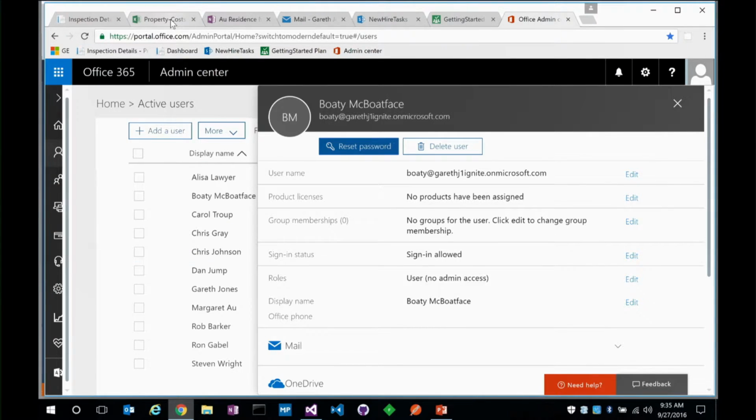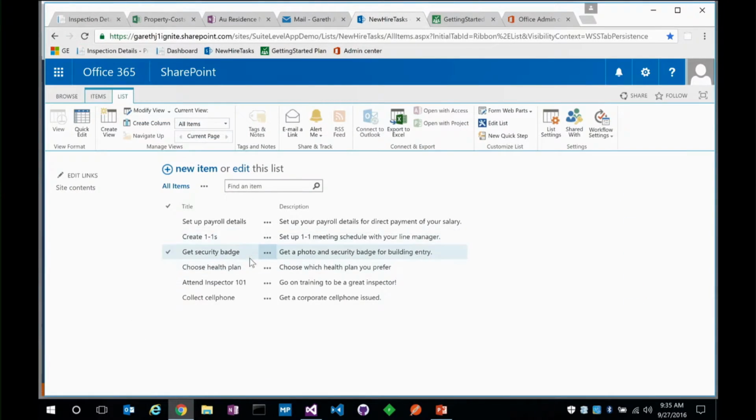So I'm going to have that scenario that I was talking about, where I've got a list in SharePoint of tasks that a new user should do. In my scenario, what I've decided is that the easiest thing for new inspectors to do will be to work together on their new tasks, because then they can mentor each other and help each other over that first month. Hopefully there'll be enough new people coming in that the ones who've just gone through new hire can help the people who are coming in next month, assuming we're hiring every month, because that's awesome, right? So I've just set that up in SharePoint, and I've got a title and description, so